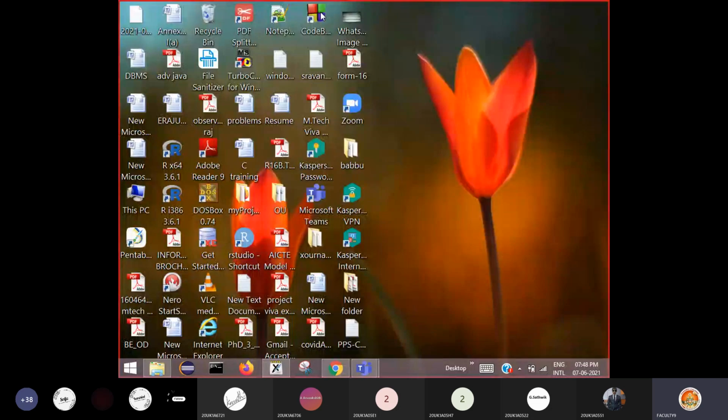See here, this is Code::Blocks software. You can see the execution anywhere. You can use Code::Blocks software or an online compiler. If your net speed is good, then you can use an online compiler. No need to install any software.